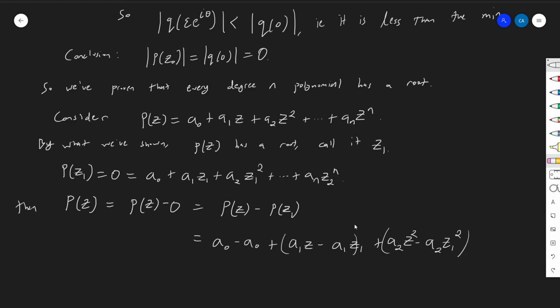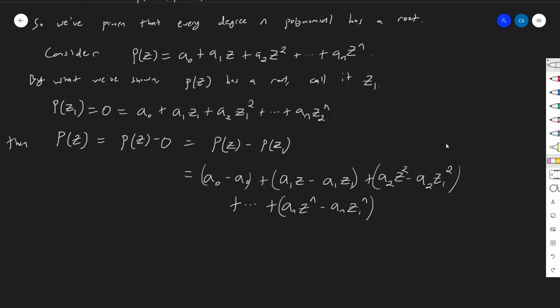You see where this is going. Plus dot dot dot plus an z to the n minus an z1 to the n. And if I group everything out, I get that this is 0, and then I also get a1 times z minus z1 here, plus a2